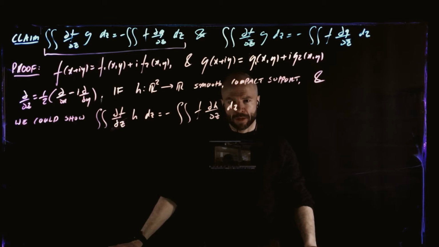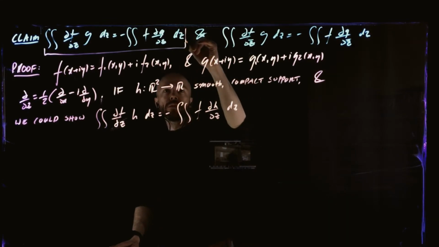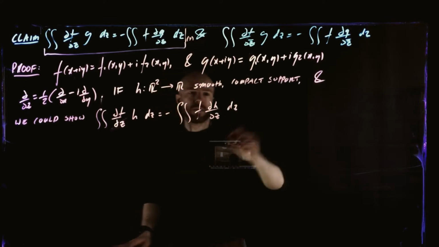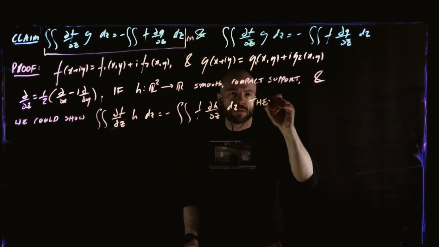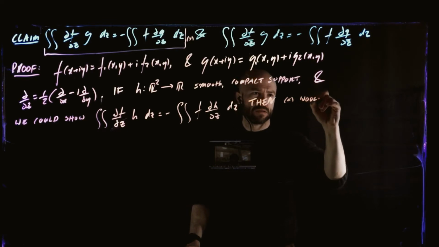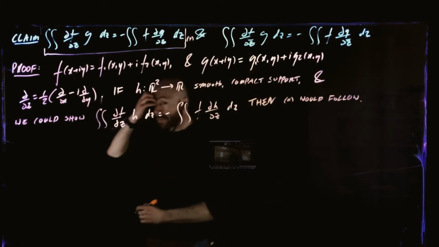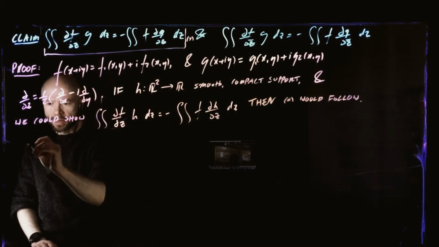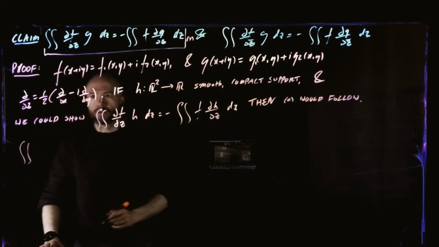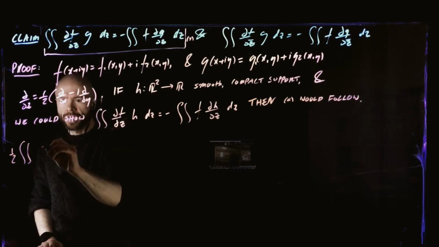Do you guys believe me on that? Yeah? Makes sense? Then let's call this thing star. Then star would follow. So let's see what happens when we do that. So then if we do this double integral, let's put the half out here, and then we're going to have